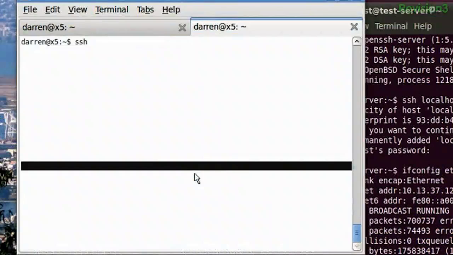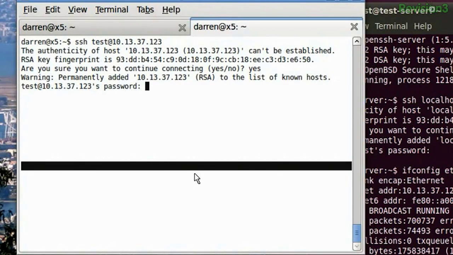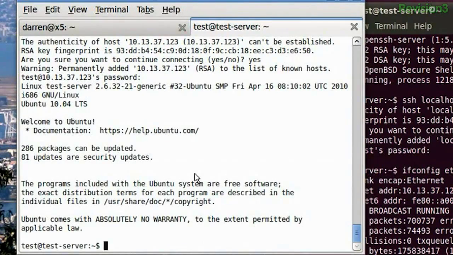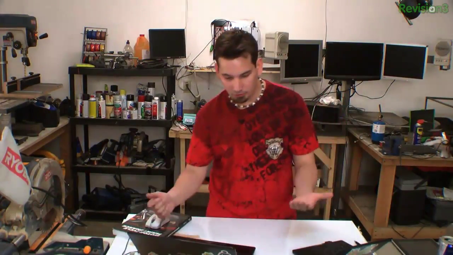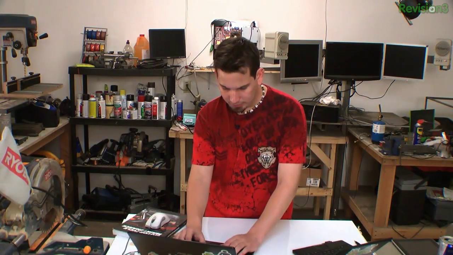10.13.37.123. So test is the user at 10.13.37.123. And that's the key. So we're going to go ahead and add that and log in as him. And there we go, right? We're on this, and boom, if I wanted to, I see, I've got a, well, I know